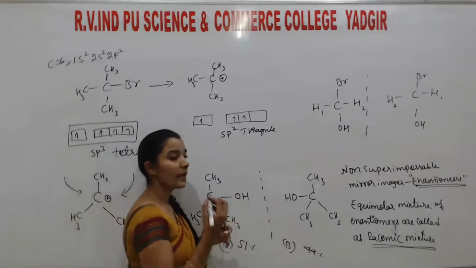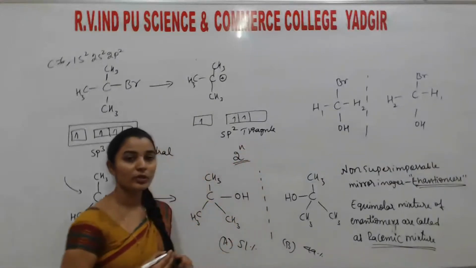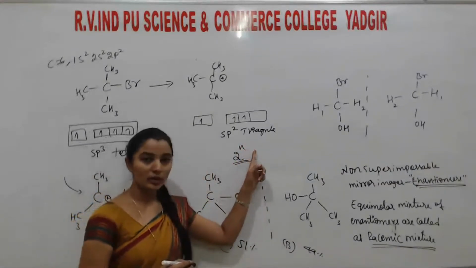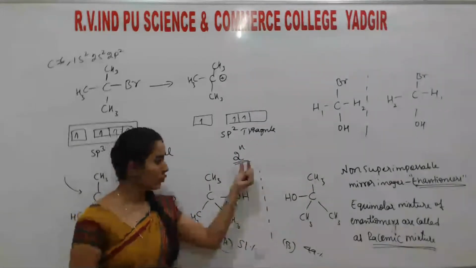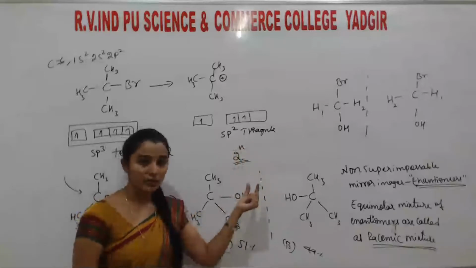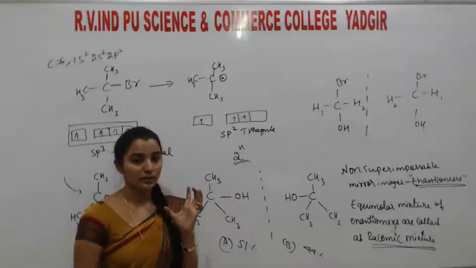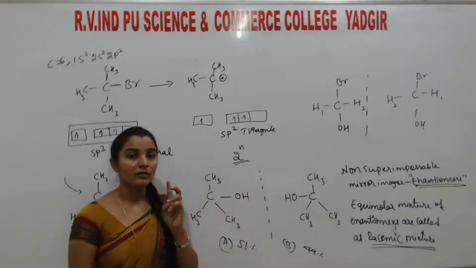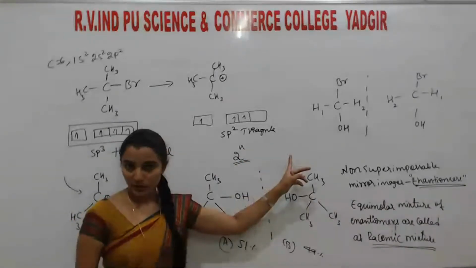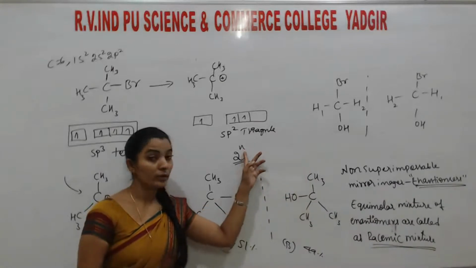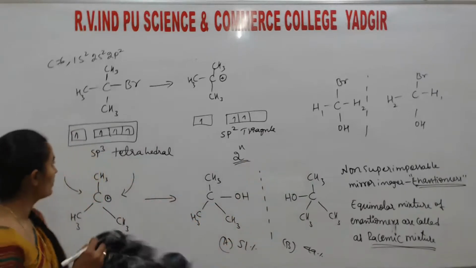And remember students, how many isomers are formed? The number of isomers formed is equal to 2 to the power of n, where n is the number of chiral carbon atoms. Understood? Chiral means a carbon bonded with 4 different atoms. If there is only one chiral carbon atom, 2 isomers are possible. If 2 carbon atoms, 4 isomers are possible. Understood? So if I write an example here,